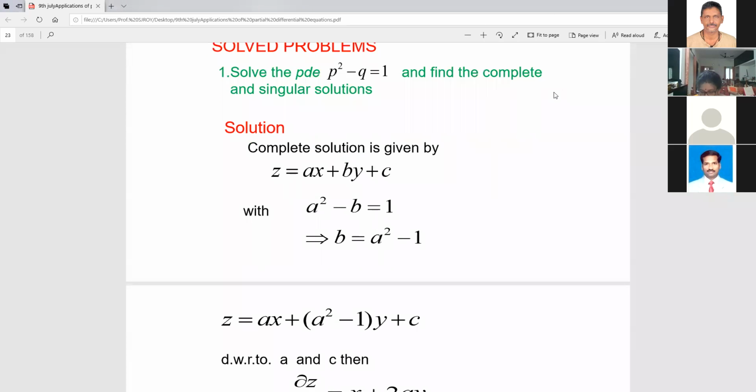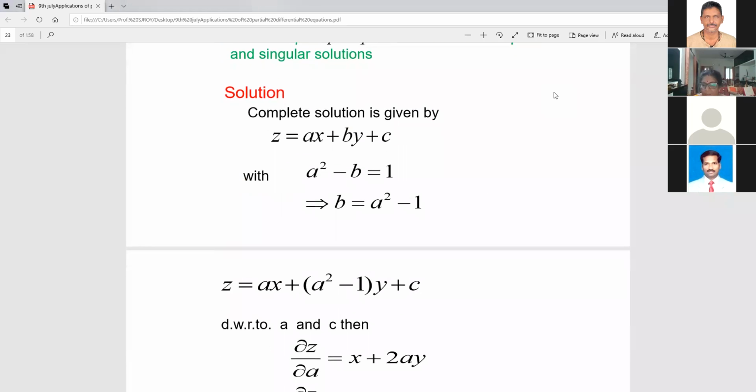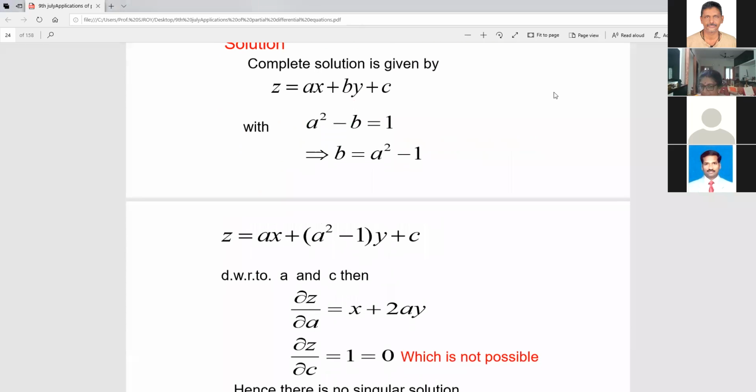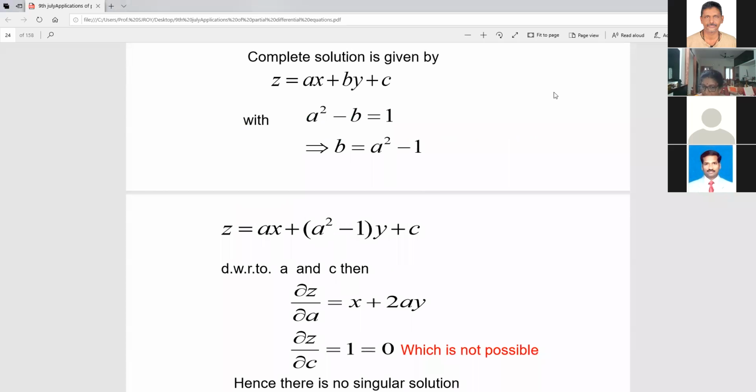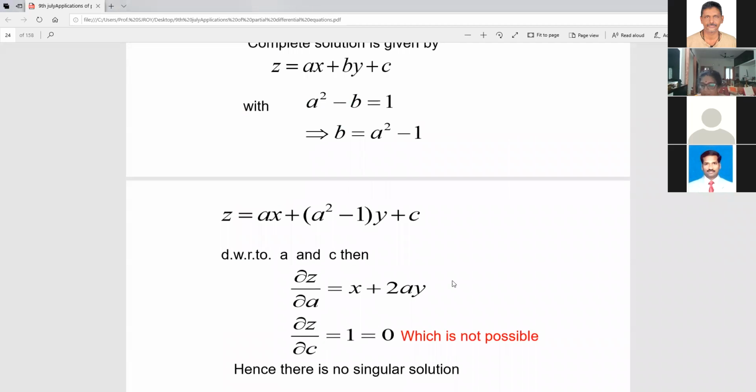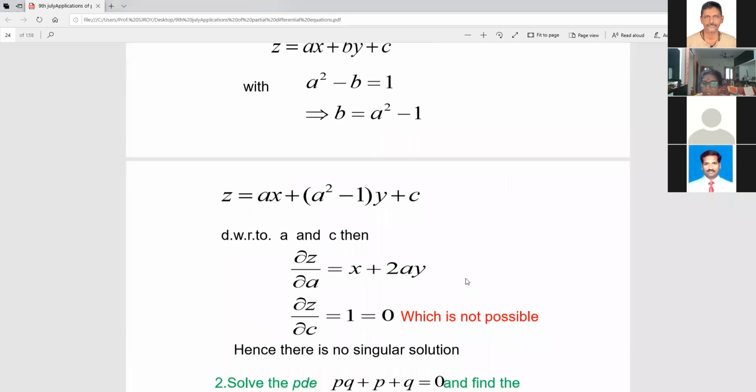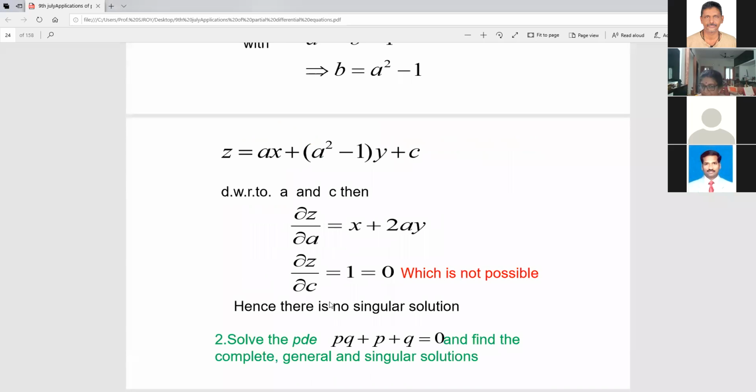And if you want to go for a singular solution, we'll be doing partial differentiation with respect to A and the other constant, B or C, whatever it may be. Those equations should be satisfied. First, we have to make it 0 and then eliminate. In the process of elimination, dou Z by dou C is going to be 1, for any parameter, but we have to equate it to 0 to find the solution.